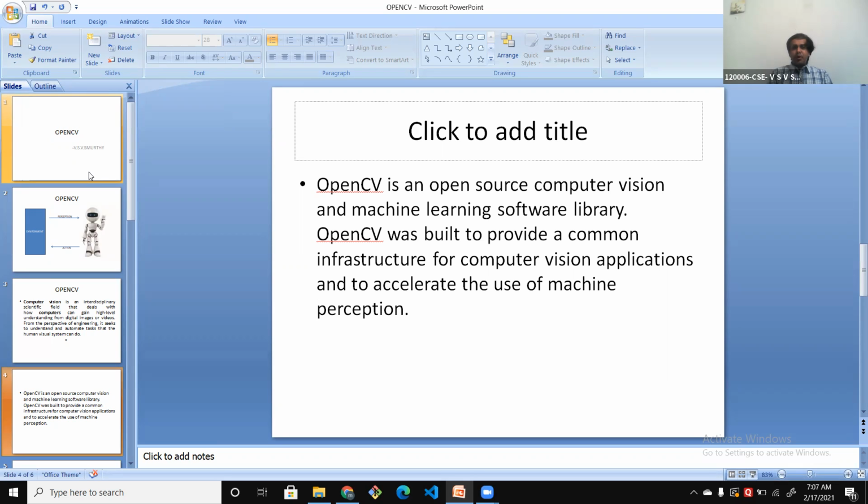Gradually, as it gained prominence, it is being used in other programming languages. The version we are talking about here is OpenCV used in Python. We call it OpenCV Python, and it has several functionalities and algorithms which are used for performing most computer vision tasks.